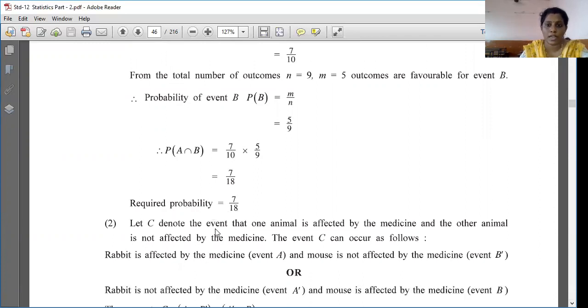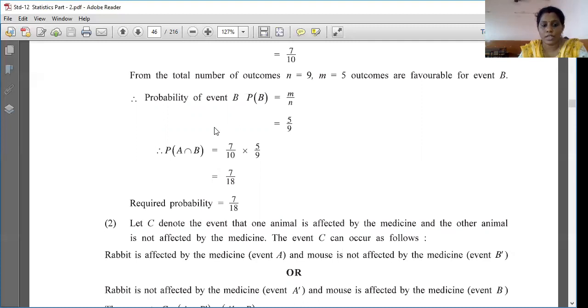Where to use the law of addition and where to use the law of multiplication, there should be no confusion in this. See, because the law of multiplication, the law of addition, everything you have to learn. But in the question, it is not mentioned that it is a law of addition or law of multiplication. Right? And we have to understand from the statement. Like when both comes, we multiply; when and comes, we multiply; and when or comes, we add. So that thing you have to remember, that when the word both or and is coming, that time we will be using multiplication. In the last 11th standard also I have explained this in probability. And when or is coming, we will be doing plus. Okay, so remember that thing.